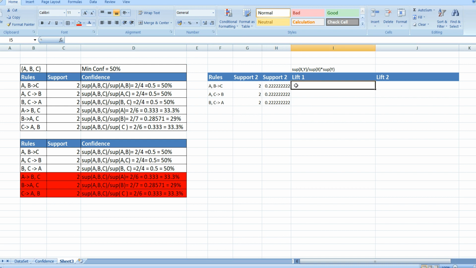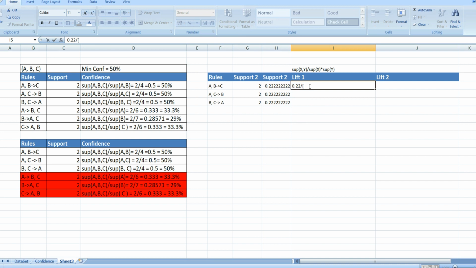So let's put 0.22 divided by the product of the support of A, B, and C. So let's multiply